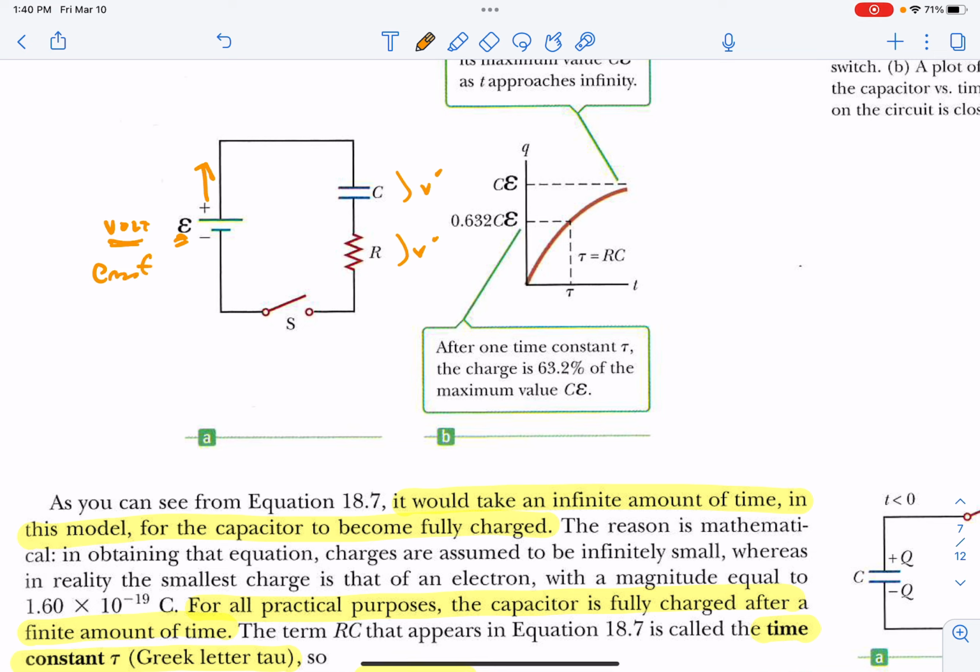EMF, your electromotive force, represented here by the script letter E. So the charge comes over here, it accumulates on this metal plate, which repels an equal charge through the resistor, and eventually, if the switch is closed, it comes back to the negative post of the battery,